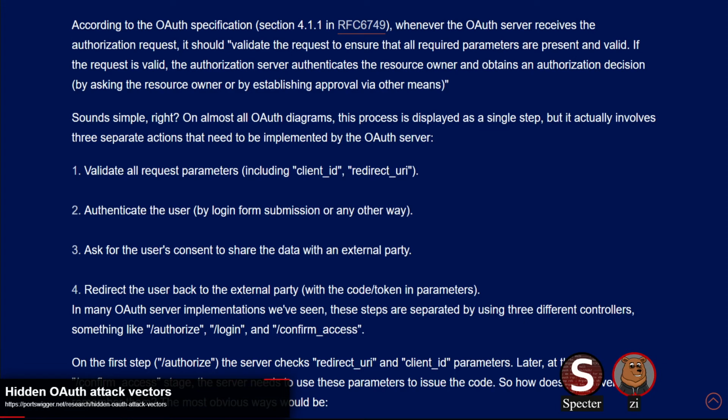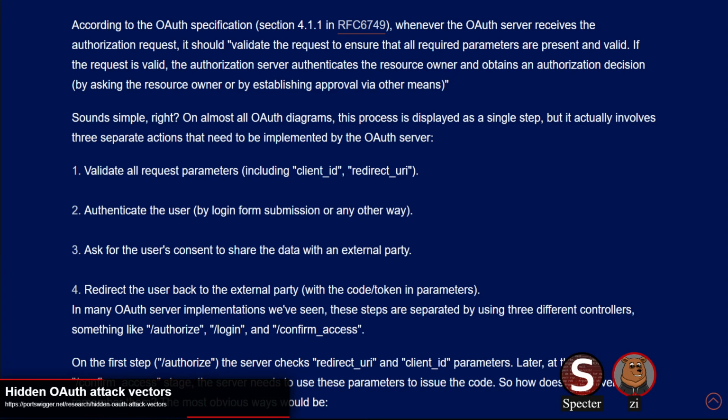So in doing that, some implementations may not pass in that client ID and that redirect URI. They may not pass that along with all of the requests and instead just store it in a session. That seems like a pretty normal-ish way to go and do it. Nothing seems too crazy about storing the client ID and redirect URI just in the session. So when you actually do approve it, it can just look at the session and redirect you out.